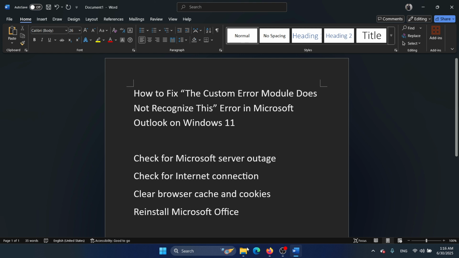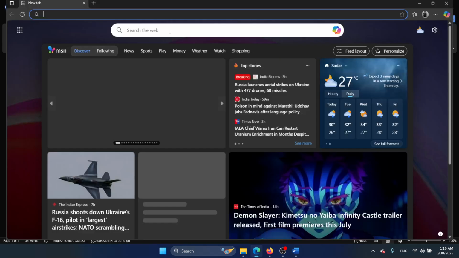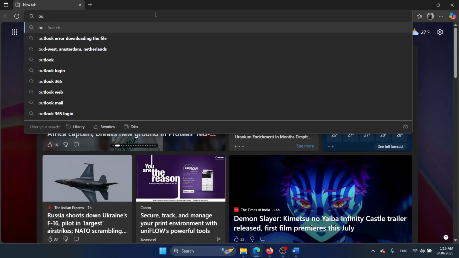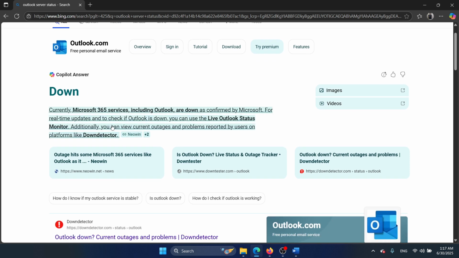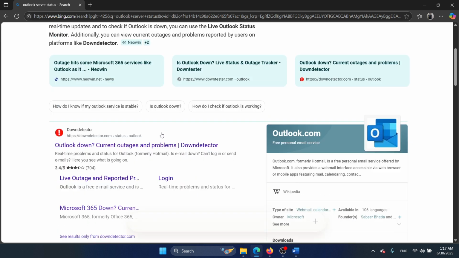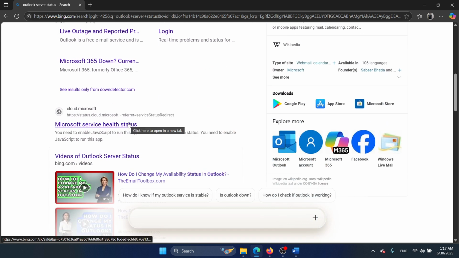So first of all, check for the Microsoft server status. Okay, Outlook server status, search for it on any browser. Now it says that it is down, which is a very sorry thing. Copilot itself has answered that it is down. So if the server is down, you cannot do anything about it. In that case, you will have to wait, or scroll down and select this option at